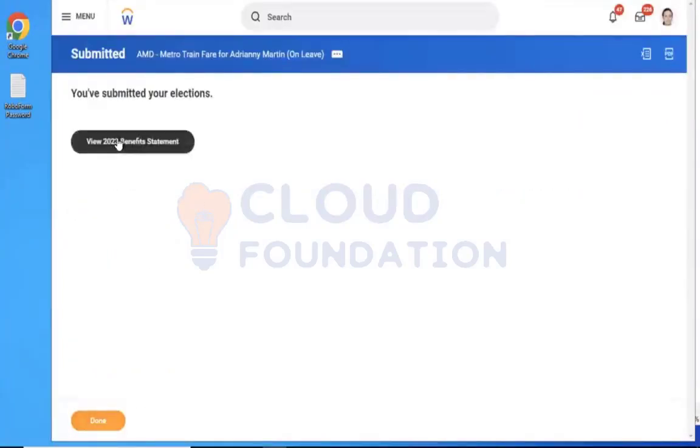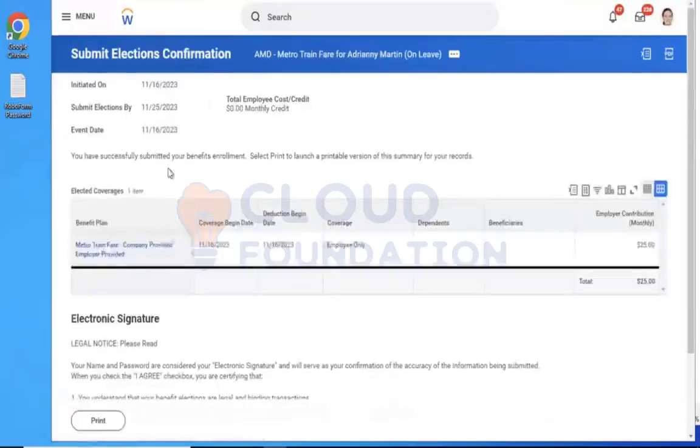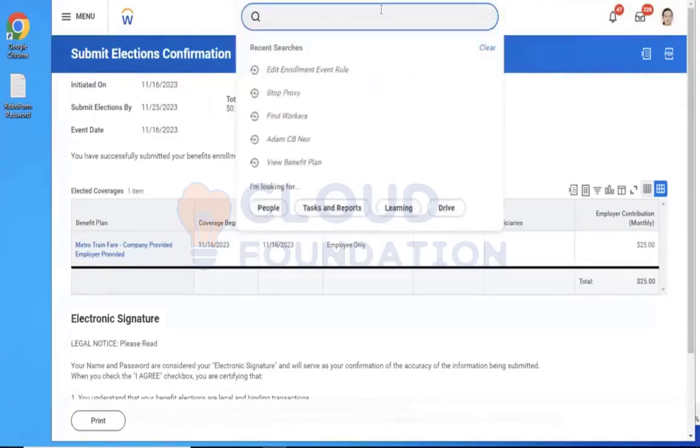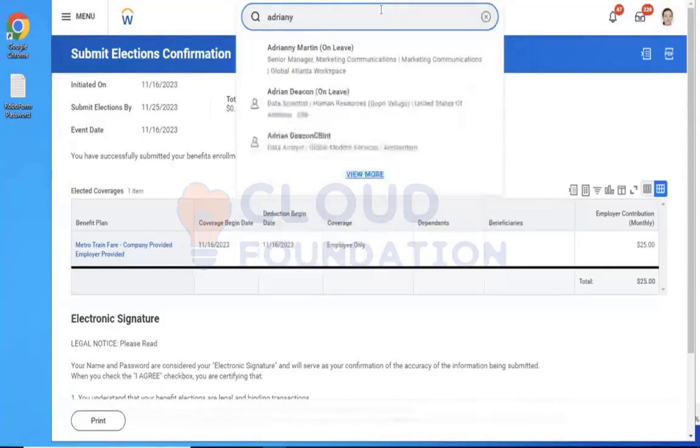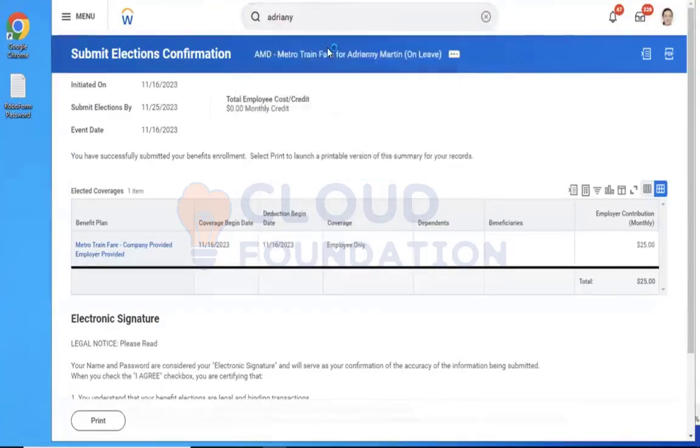This is the statement for an employee. It has been successfully enrolled. Now we'll go to this worker, Adriano Martin, and see whether this plan has been assigned and is displaying in the worker profile or not.